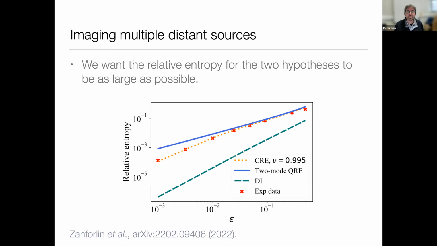So we want the relative entropy of the two hypotheses to be as large as possible, because that tells us that we can really distinguish between those two hypotheses: is there a second source there or not? Those are the two hypotheses. And so if we compare this with direct imaging, the blue line is the quantum relative entropy for when we have two modes,